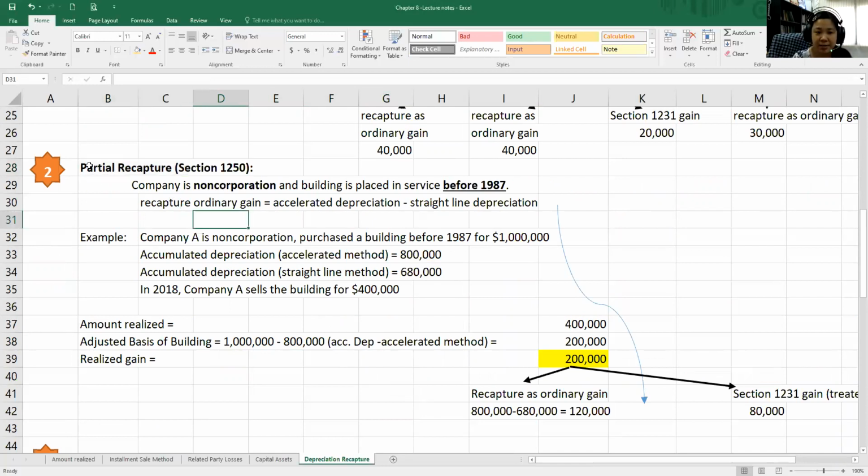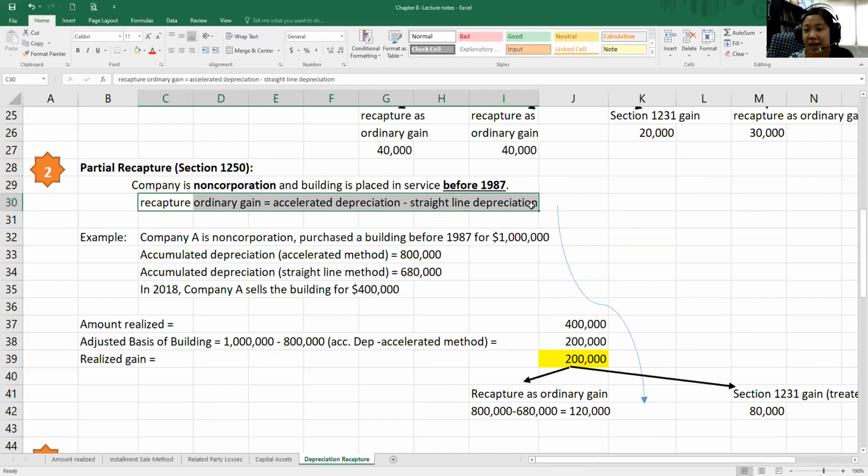In this partial recapture, it says if the company is a non-corporation, meaning it's not a corporation, and it purchased a building before 1987, which is a very long time ago, it needs to recapture ordinary gain equal to accelerated depreciation minus straight line depreciation. So the amount of ordinary gain that we recapture will be the excess between accelerated depreciation and